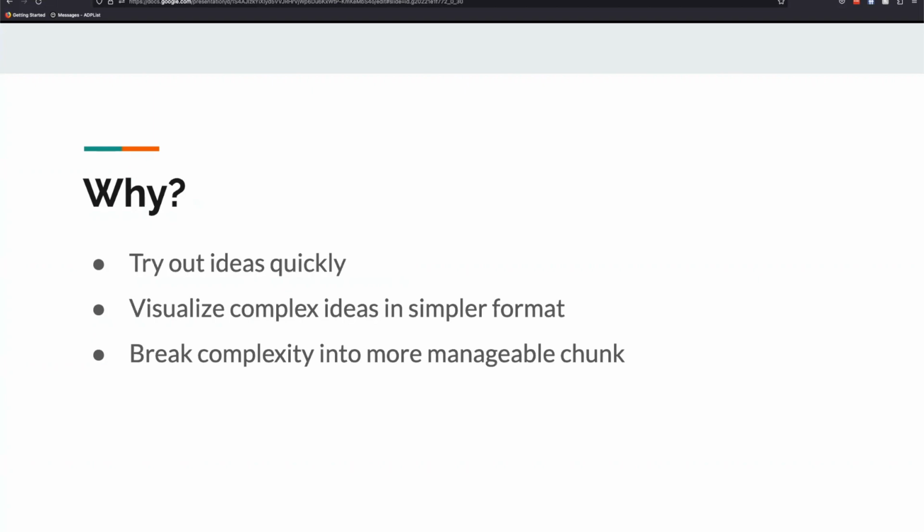Why do we want to do this? If we have multiple ideas that are competing in our head, the best way to decide is to test them out, especially when the problem is too complex to visualize or simulate in our head. A proof of concept is really the best playground for visualizing and simulating those complex problems and turn it into something that is simple, digestible, more manageable.